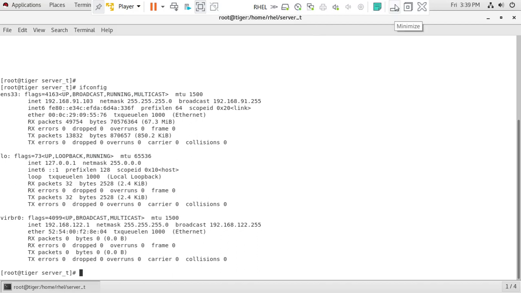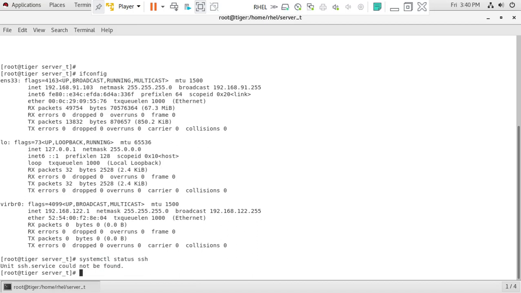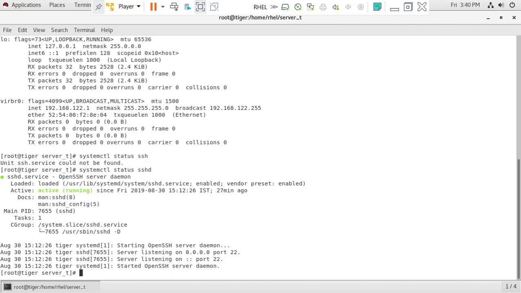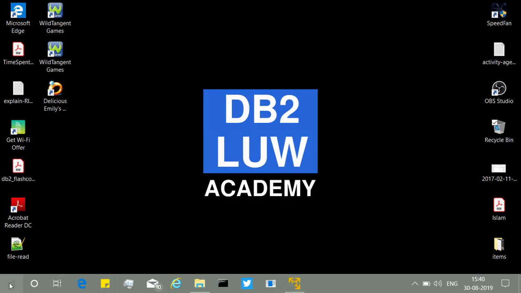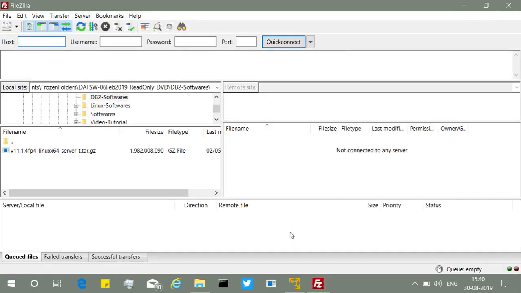The next thing I need to do is enable SSH so that I can transfer some files. So systemctl status sshd. Okay, you can see SSH is active and running. This is required if I want to transfer files from the Windows machine. Typically I'll use a program like FileZilla or WinSCP. You can use any tool, or even the command line. You can just connect to the RHEL machine